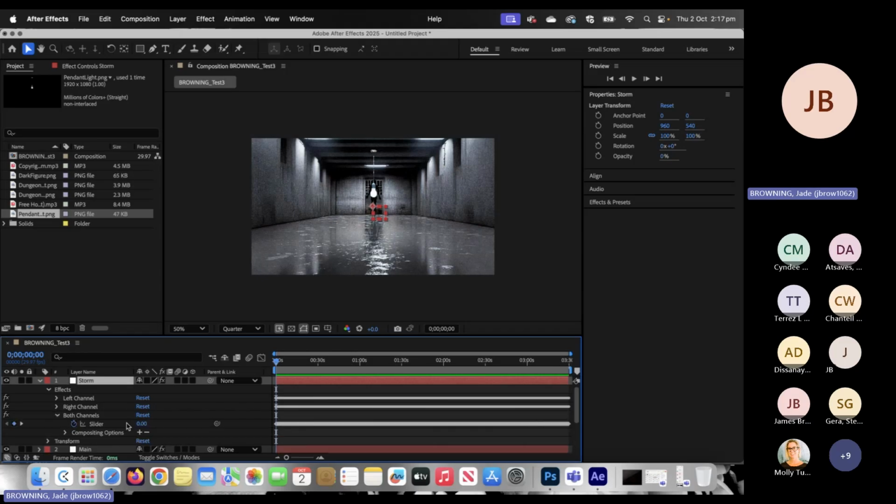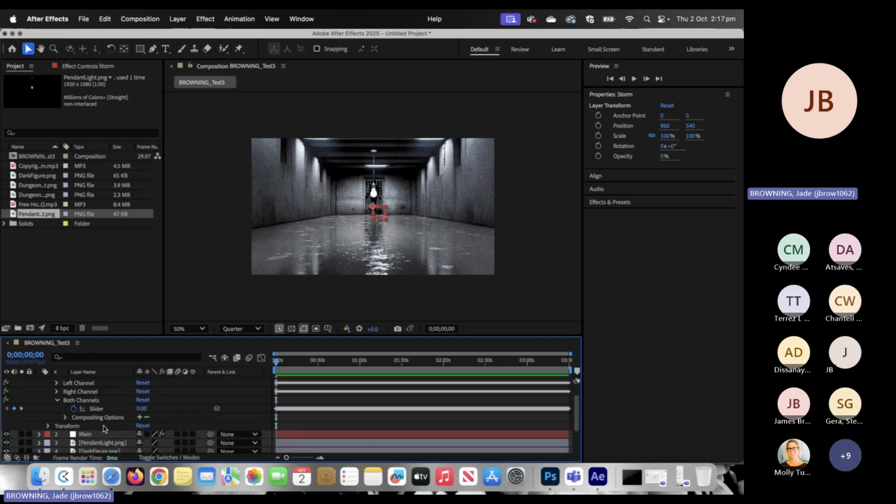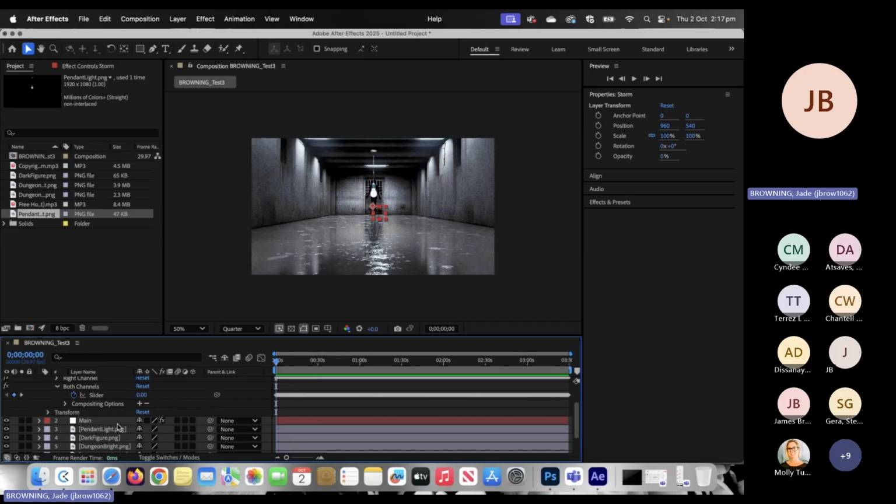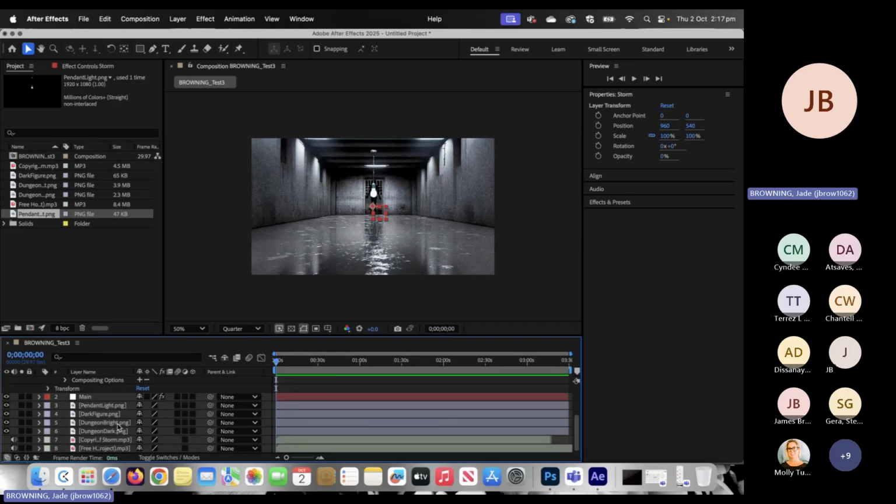But when you click on the drop downs, you bring up these things called sliders. Now, this is where all of the magic happens and where we link everything when we are making audio reactive elements. So